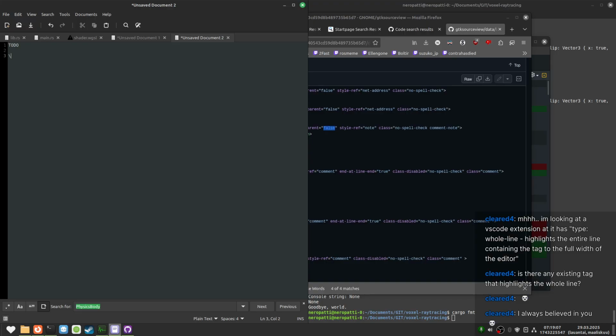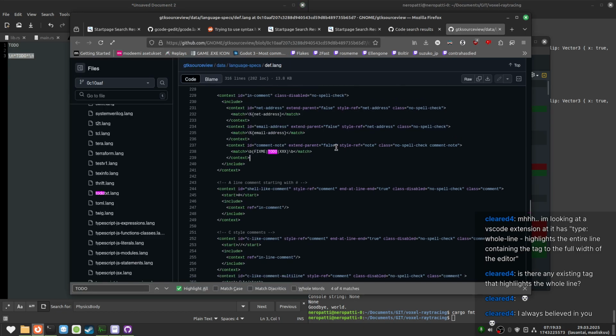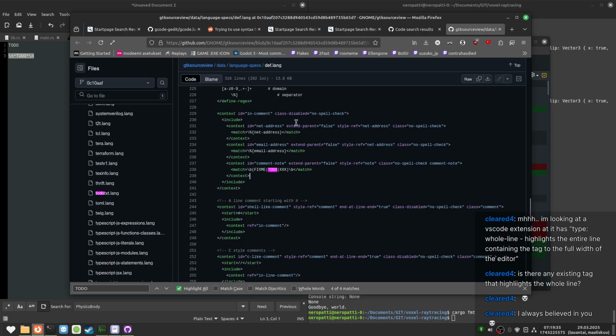What we want to search for, I love that I did this messed up end symbol instead: we search for line, and then anything, and then todo, and then anything, and then line, right? I think this would work. It's a bit scuffed, but I could just do this, right? I just need to know if I can modify this def.lang thing.